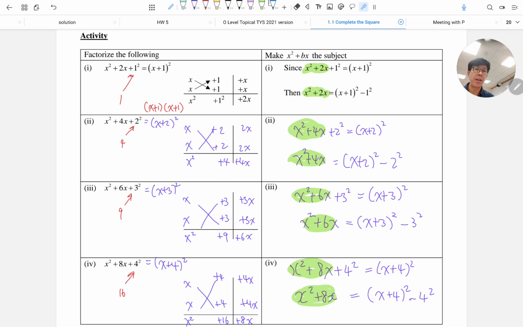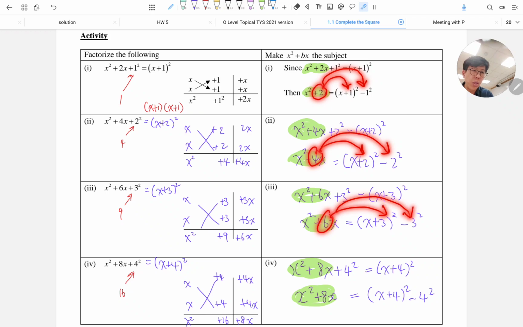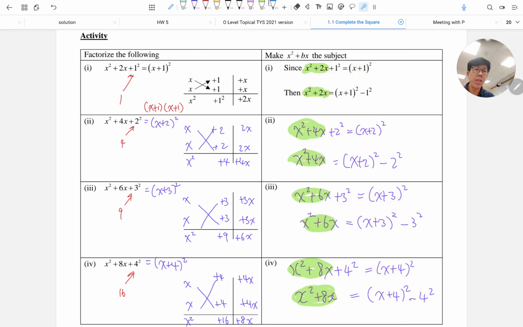The third pattern is, do you see that 2, you can divide by 2 and give 1? Can you see that 4, divide by 2 to give 2? 6, divide by 2? 8, divide by 2? So, if you notice this pattern,